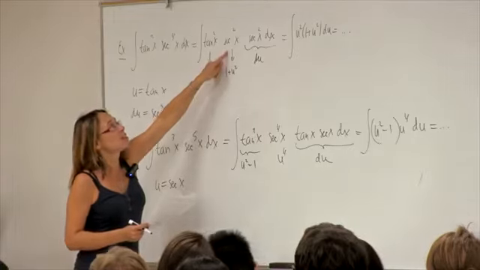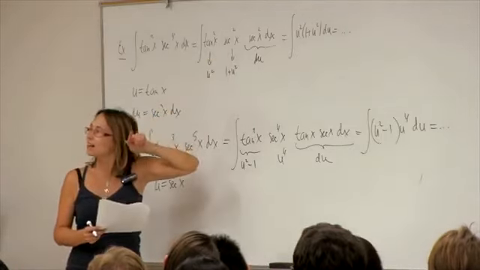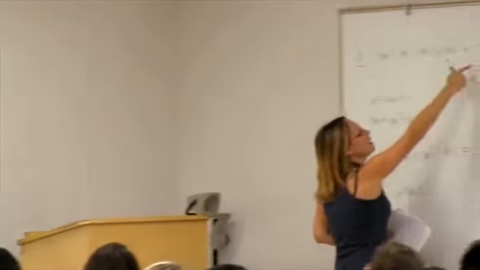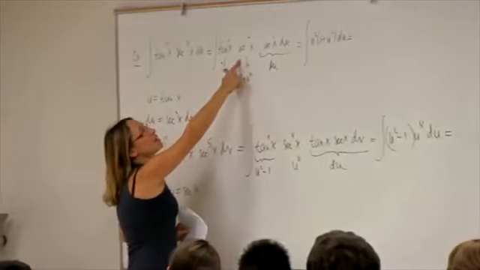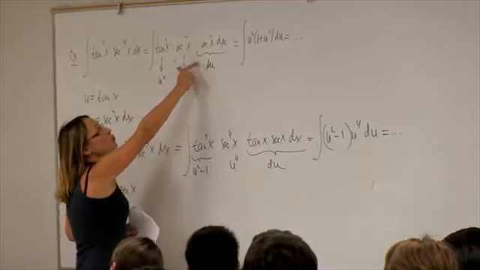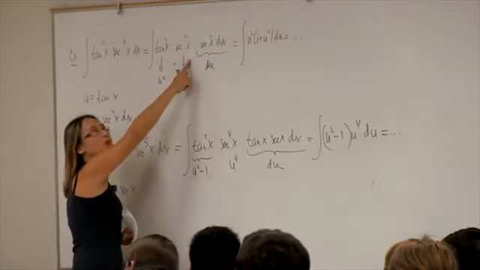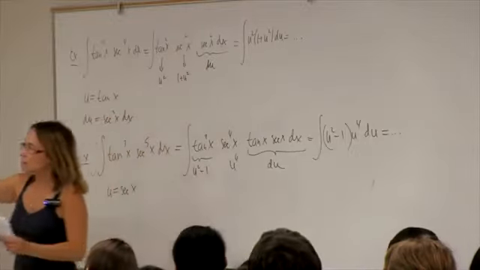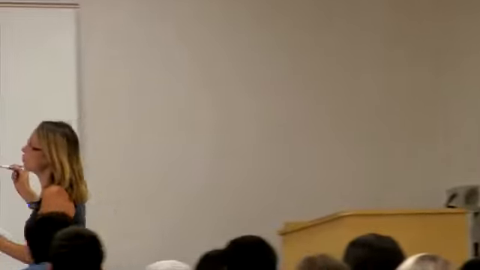Secant is a problem because this is the one I will have to express in terms of tangent through the squares. So the remaining power of secant has to be even. And so I saved two of those, so I should have started with an even power. So this has to be even, and this is even. So this gives me my first case